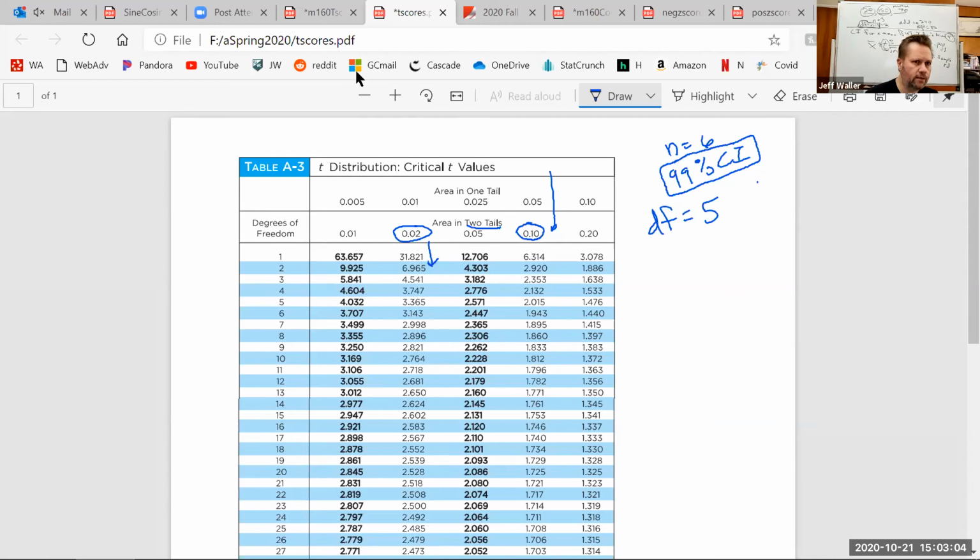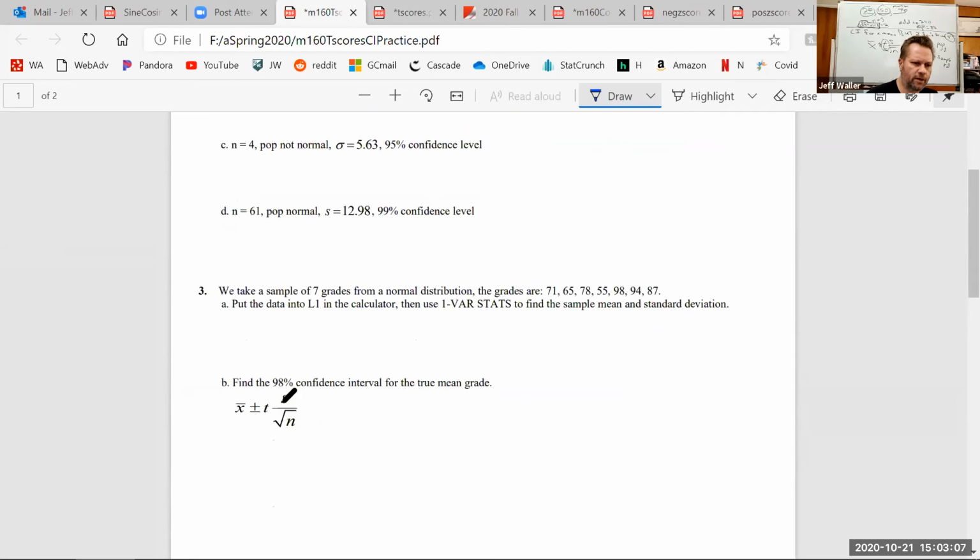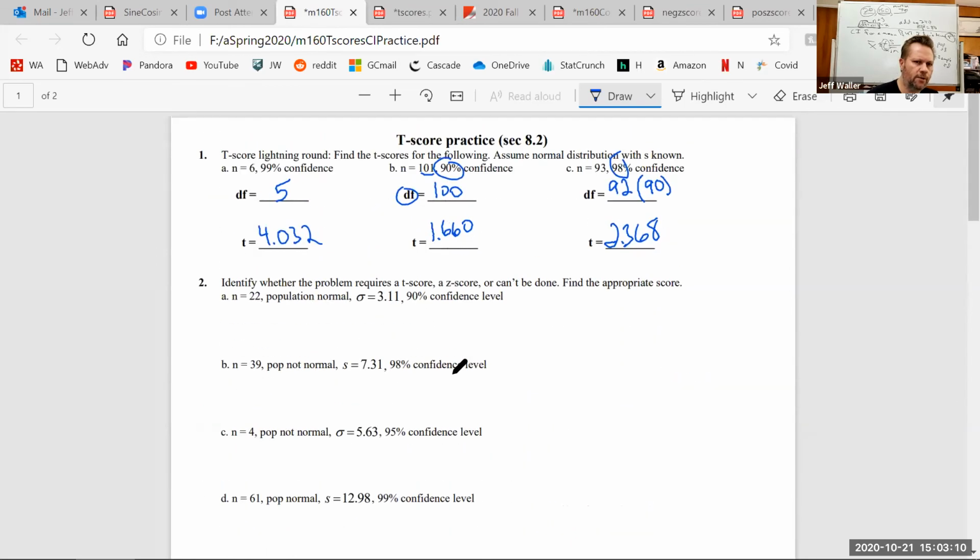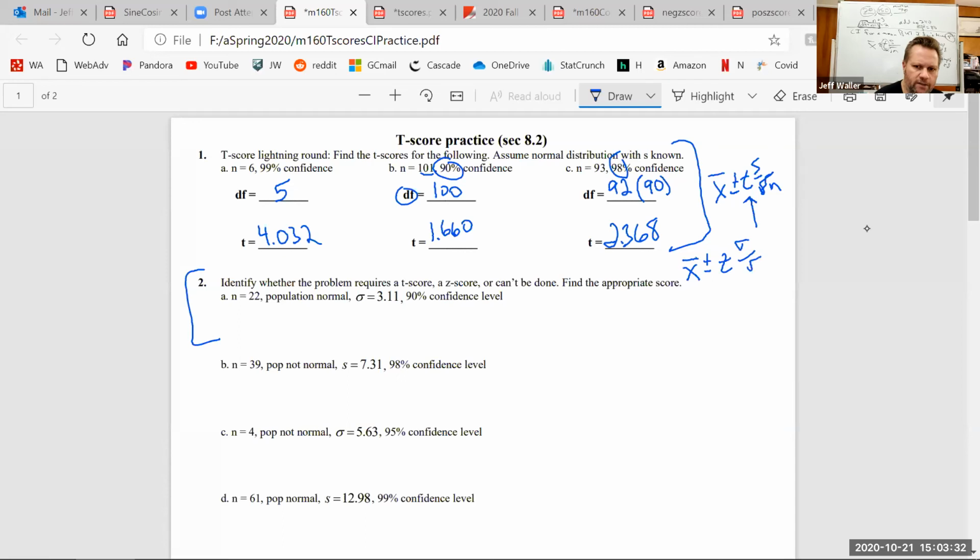I like it. I do have a problem down here. We're not going to make it there today. I did say we were just going to do this first part, didn't I? That's all right. I'll keep this part for next time. When we get to the point where we actually start doing problems, it's going to be simply, instead of putting a z-score here, you just use the t-score chart. You put that number there. So functionally, it's not very much different. If I did this equation and I looked up the z-score, I'm just going to look up the t-score on the t-score chart and put it there, and it doesn't change anything besides that. Does that make sense?